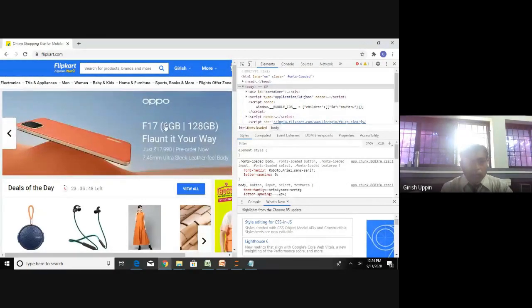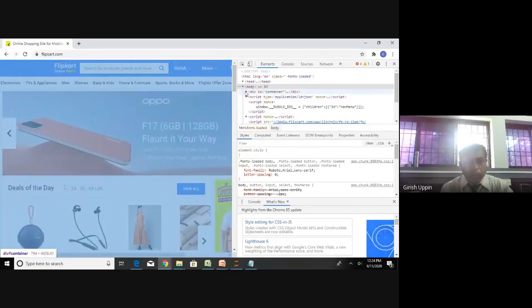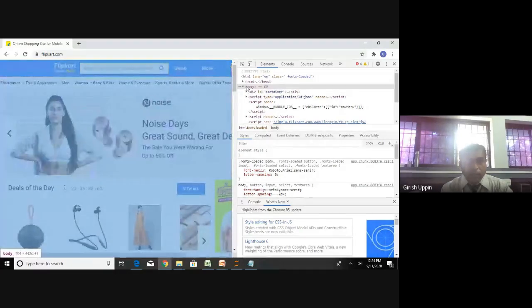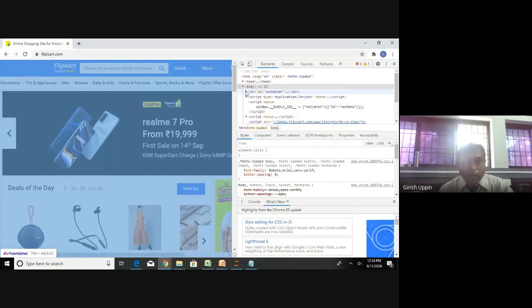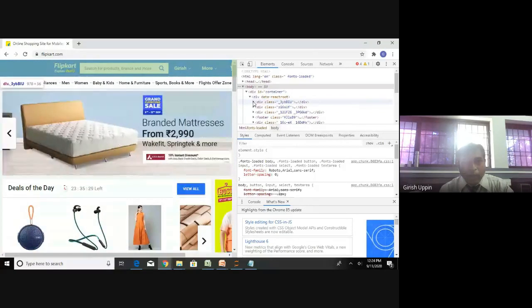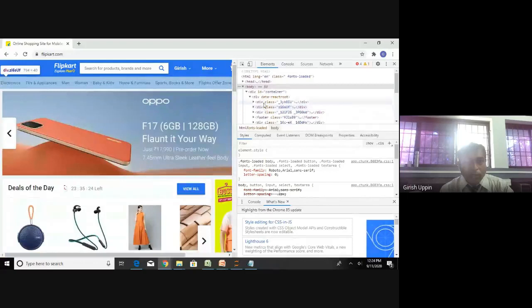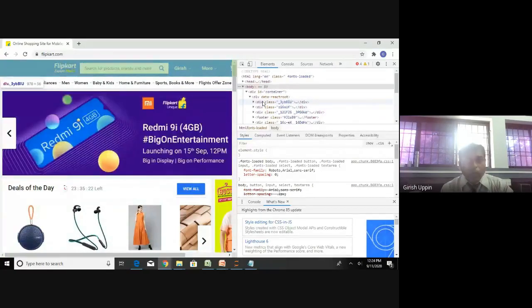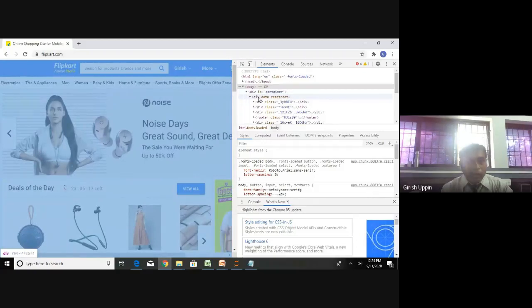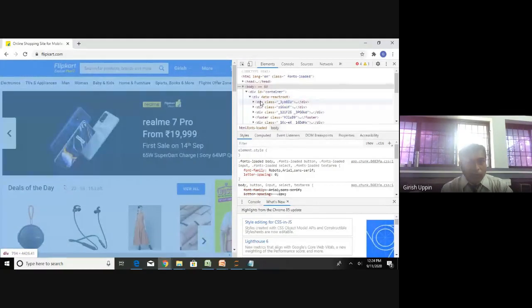Okay, this is just one Flipkart website. You are already familiar with it. See, this is the main div. You can see all of this getting highlighted when I select this. The div has an ID, container. Inside that again I have a div. If I choose this div, you can see different sections getting highlighted. So we have a big div here, a division, and inside that I have other divisions.